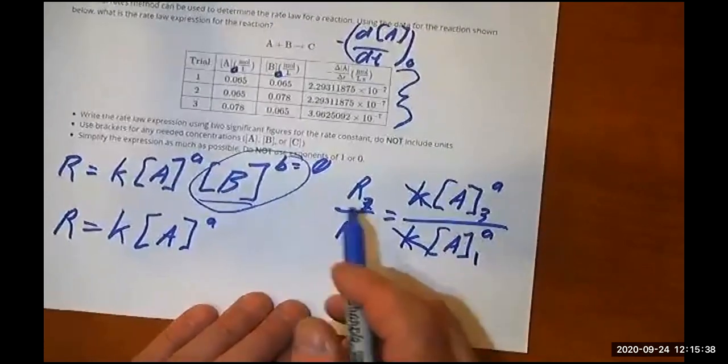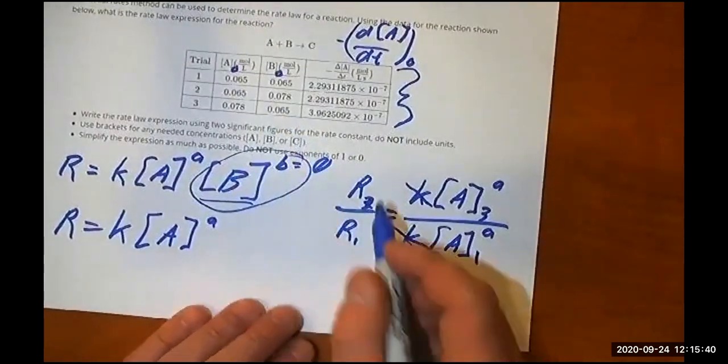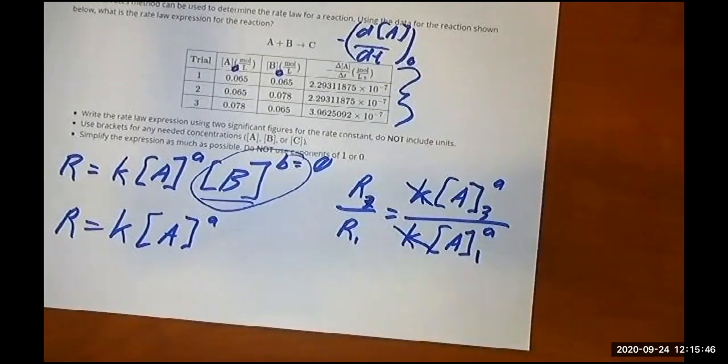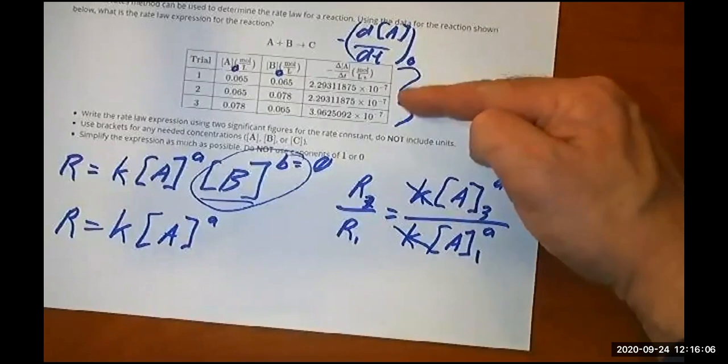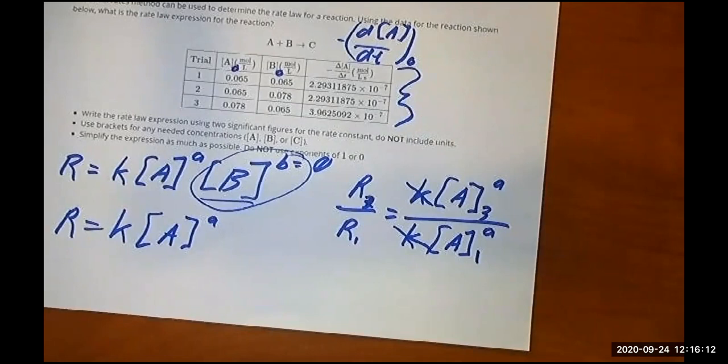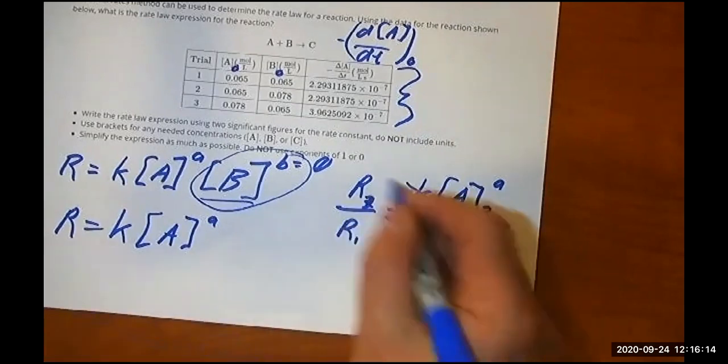So now we can plug in our numbers. So we have R3 over R2, and so I'm going to pull out a calculator. This is going to be 3.9625092. I don't think we need that many digits, divided by 2.29311875. And we don't have to put in the times 10 to the negative 7th because those are going to be both in the numerator and the denominator, and they're going to cancel. And we get, for this side,